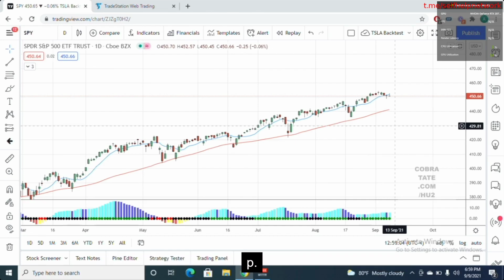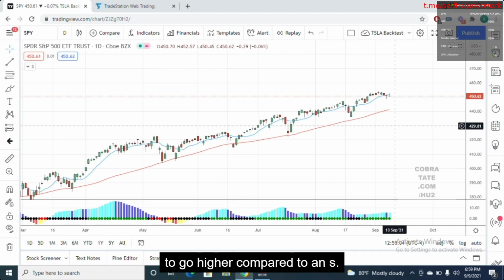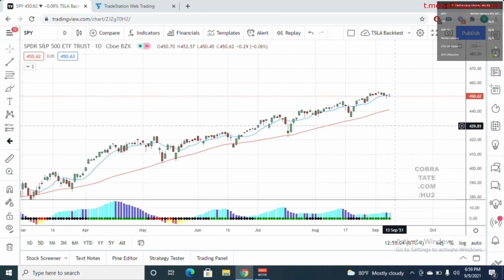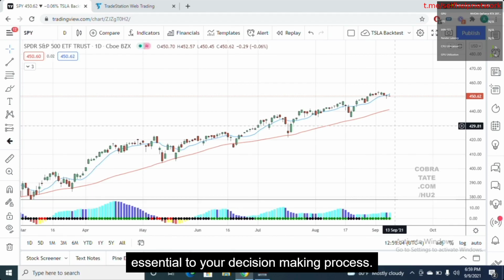Imagine if S&P 500 is dropping, it would be a lot harder for your stock to go higher compared to when S&P 500 would be strong and going higher as well. So that's why it's important to understand the overall market environment when you're trading, because that is essential to your